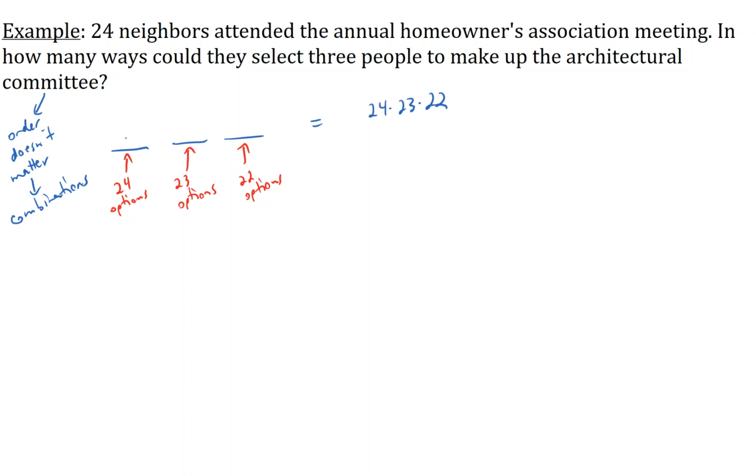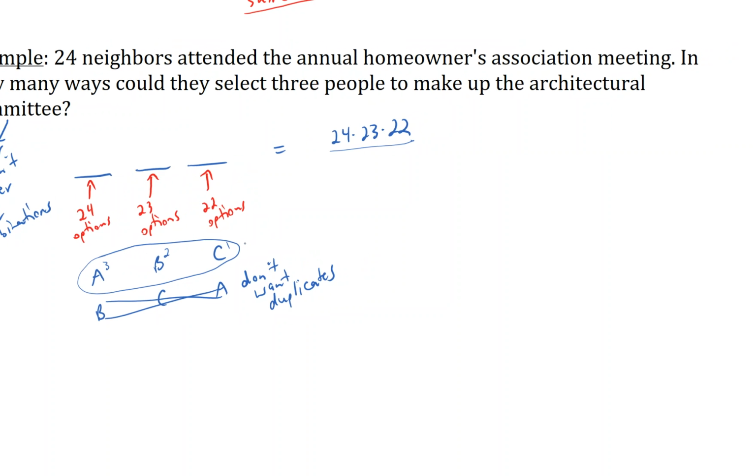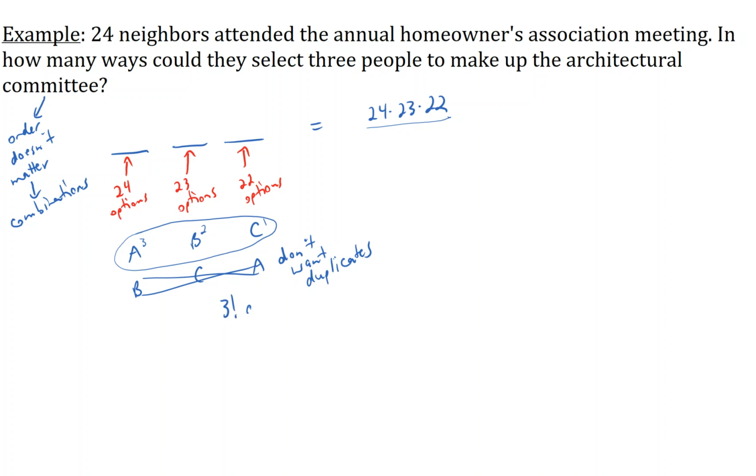But there are duplicate combinations here because, for example, let's say we choose person A first, person B second, and person C third. If I stick with this counting scheme, then BCA would be counted as a separate combination, and I don't want duplicates. So what we have to do is get rid of the duplicates. For every combination of 3, how many duplicates are there? Since there are 3 positions, I've got 3 choices for the first position, 2 for the second, and 1 for the third. So that's 3 times 2 times 1. There are 3 factorial duplicates